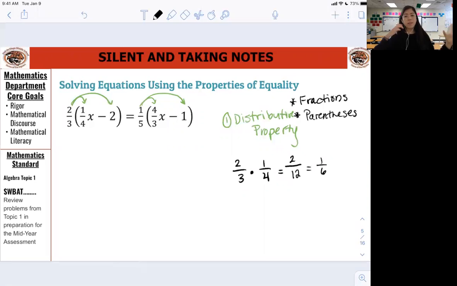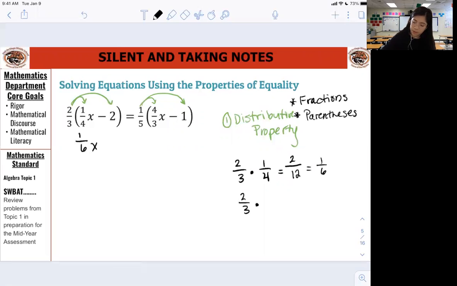Don't forget that to simplify fractions, all you do is you try and divide the top and the bottom by the same number. So 2/12, if you divide both of those by 2, you get 1/6. So that's my answer, that's my first term here. 1/6. Okay, now I need to do 2/3